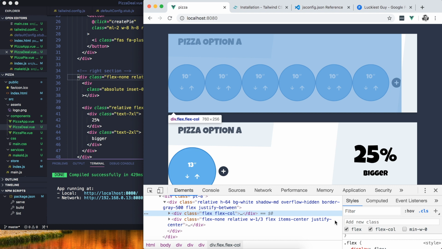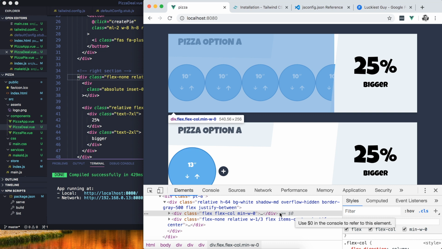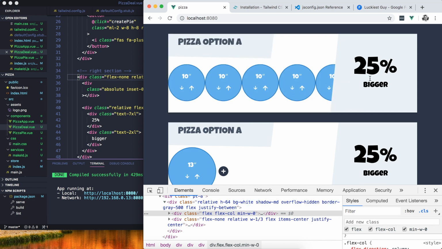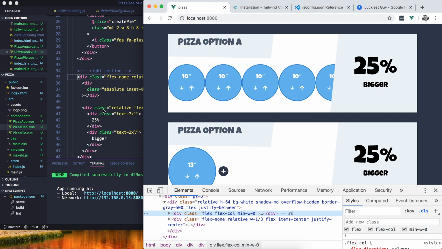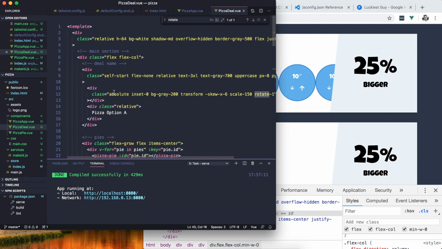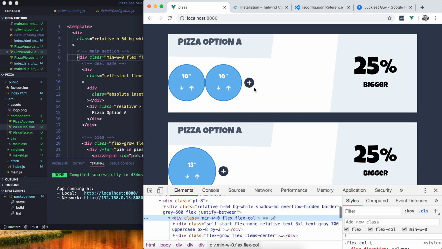I never want it to go that large, so I'm going to give it a minimum width of 0, so that it'll keep growing as it needs to, and after that it's just going to disappear down here. I'll fix what to do about it disappearing under there in a minute, but at least now this guy is always where it's supposed to be. I've just made that change down here in the dev tools. I need to make it in the actual app. So that's min width 0. And if I refresh that,